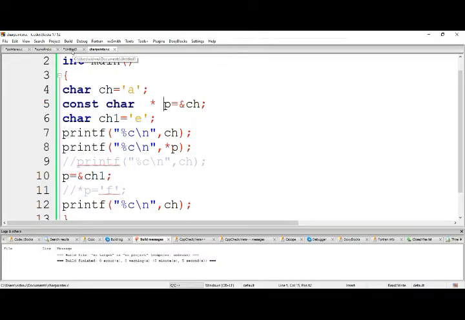P is not a constant pointer, but the value that is pointed by the pointer is constant. Now I have made it a constant pointer to a constant character, meaning we can't change the p value as well as the value that is pointed by the pointer. So this is the difference between those.